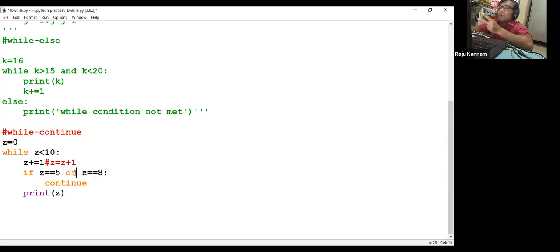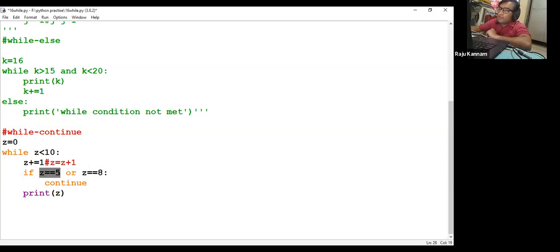If I write AND, what happens here? If both the values are equal, that means if the value is 5 and the value is 8, if both are true, then only the condition will be true. Of course, we'll execute that with the AND operation afterwards, after seeing this program. Now here, since I don't want to print 5, I'm putting one condition as 5. I'm testing whether the z value is 5, and similarly, I don't want to print 8 also. So that's the reason I'm testing z equal to 8 also.